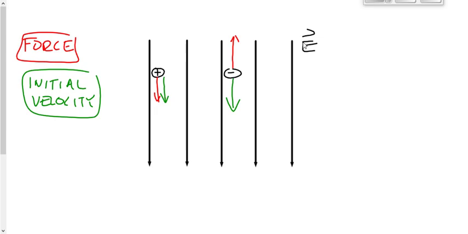What about this one? Let's say we got a positive particle that's initially moving to the right. Which way is the force acting on it now? Downward. I'm positive the force is with the field. If it's a positive particle, it doesn't matter what its initial conditions are, the electric force is in the direction